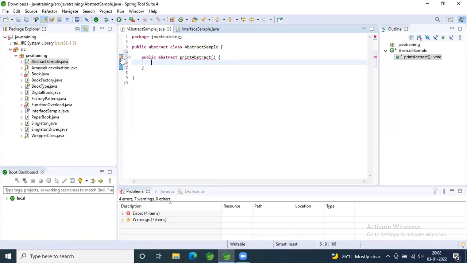The return type for this method is missing. Abstract methods do not need a body. You just need to declare them. So you can remove the curly braces and just end with a semicolon. The first thing is, in your abstract class, your abstract methods don't need any definition. And right now this method doesn't have a return type, so you should give void or some return type.